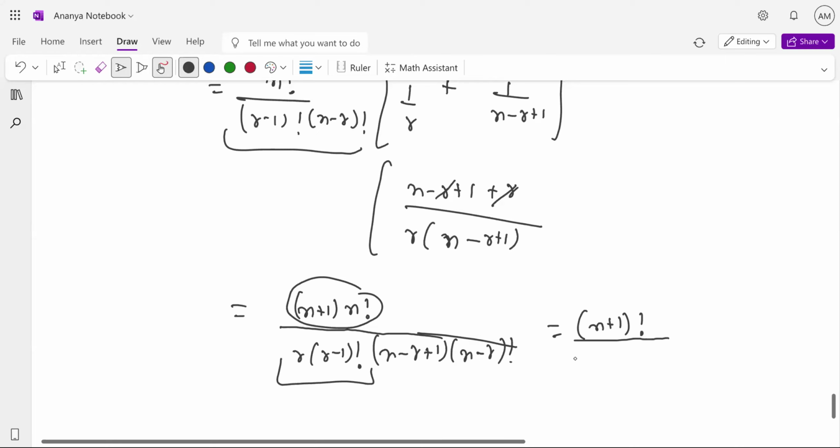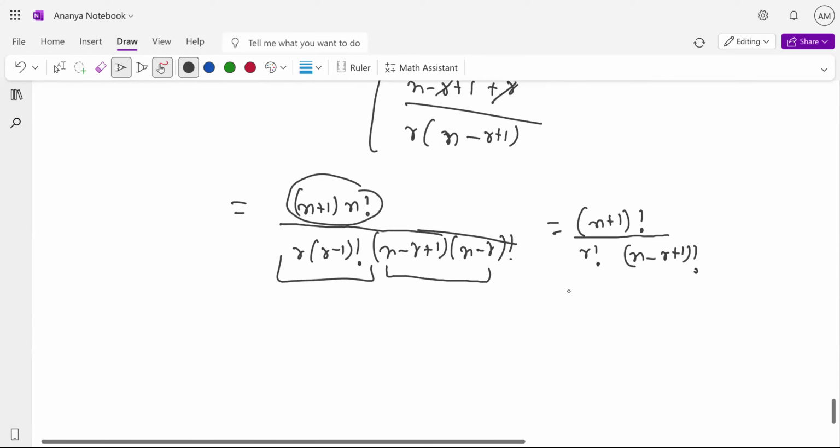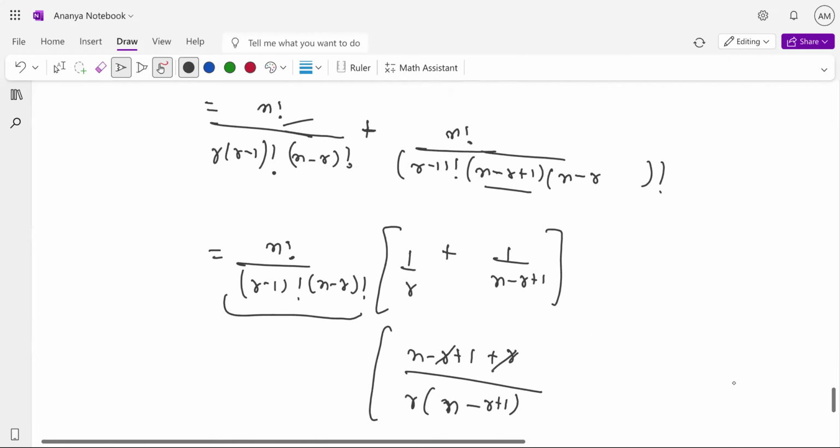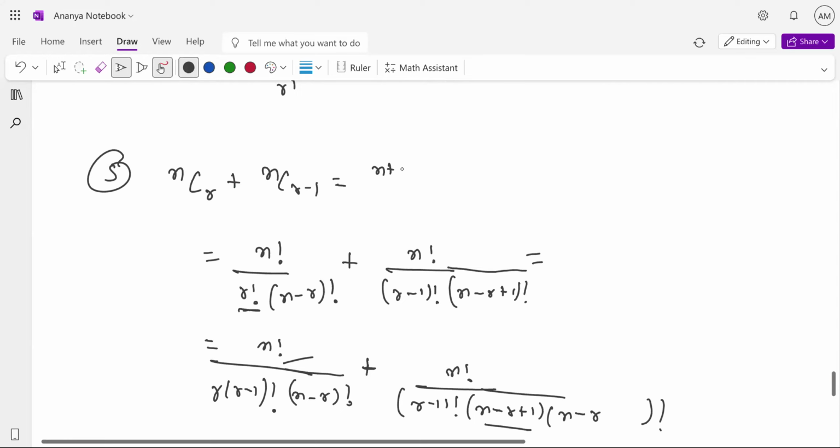This thing can be written as r factorial. Now you know this is nothing but n minus r plus 1 factorial. It can be rewritten in another format, that is n plus 1 divided by r factorial, which was already there, and n plus 1 minus r factorial. Isn't it looking like n plus 1 C r, which I'm looking for? So here the final equation looks like n plus 1 C r.